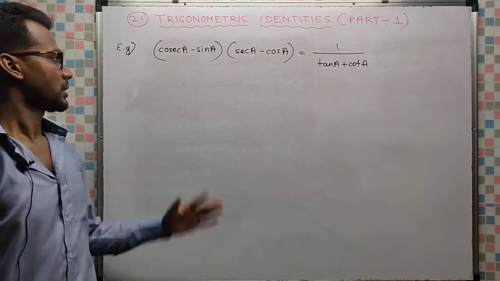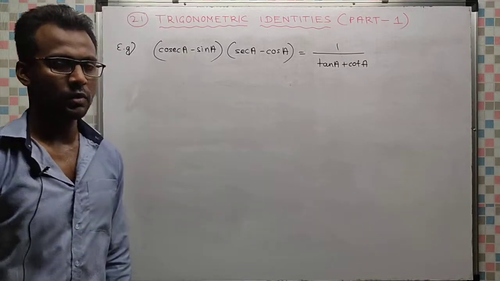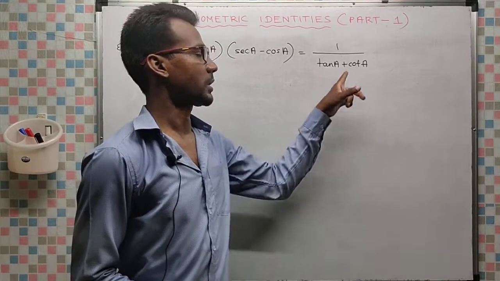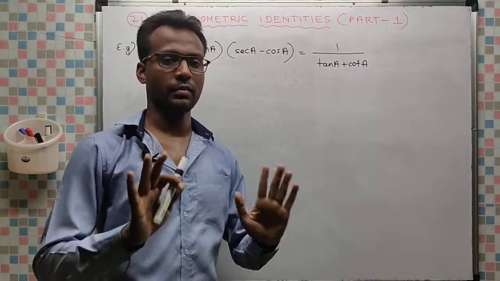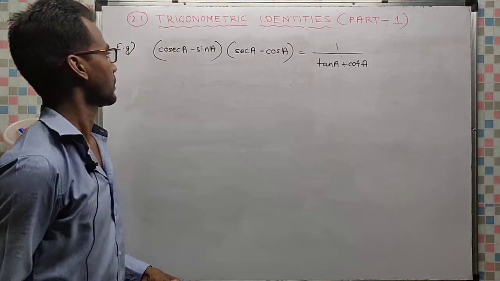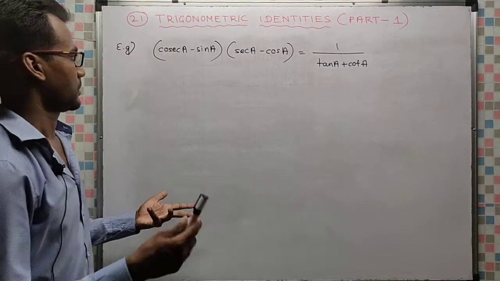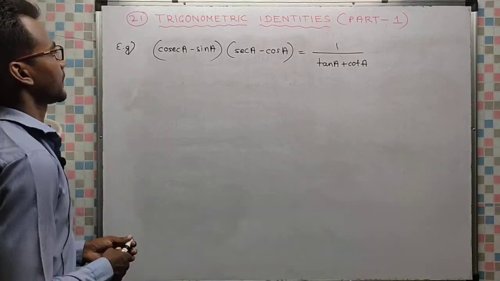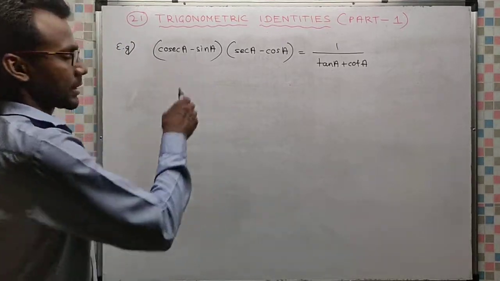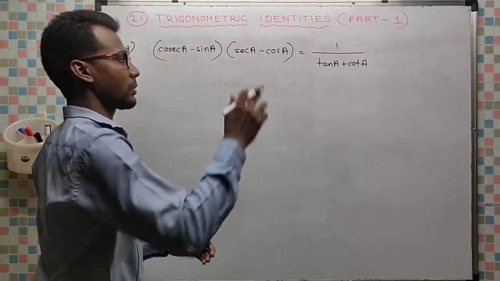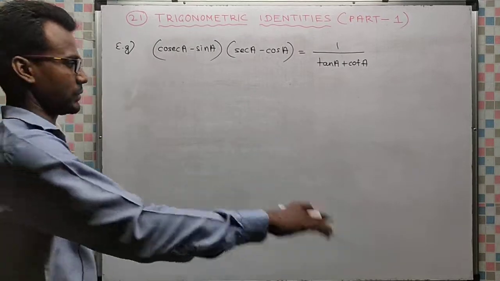Okay, see both sides are complicated. You may think that only left hand side is complicated, but see the right hand side, there is a denominator. Whenever there is a fraction, it is complicated. Just remember this. Okay, both sides are complicated, so we can start from any side. Let us start from LHS and see what we are getting. If we get the RHS, then okay. Otherwise, we will simplify RHS also.